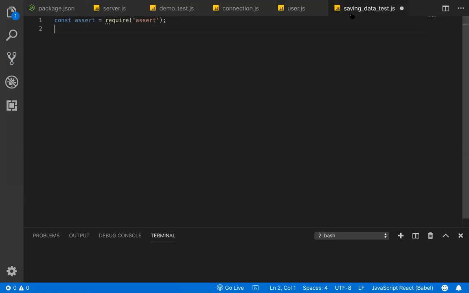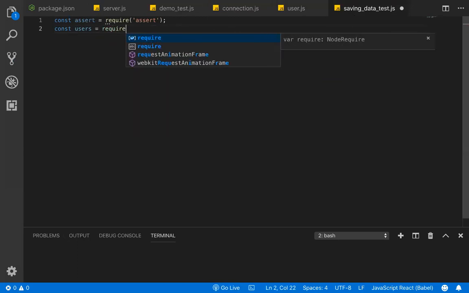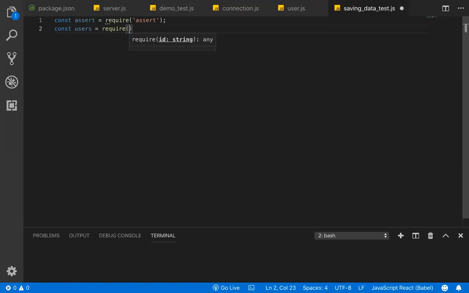So I would require this user data का model to specifically say कि मेरा किस type का data हम save कर रहे हैं. So I will say const users is equal to require. Now this is going to be my specific module, right? So I'll have to go out, ../models/users. क्योंकि हमने export किया है, it will come over here